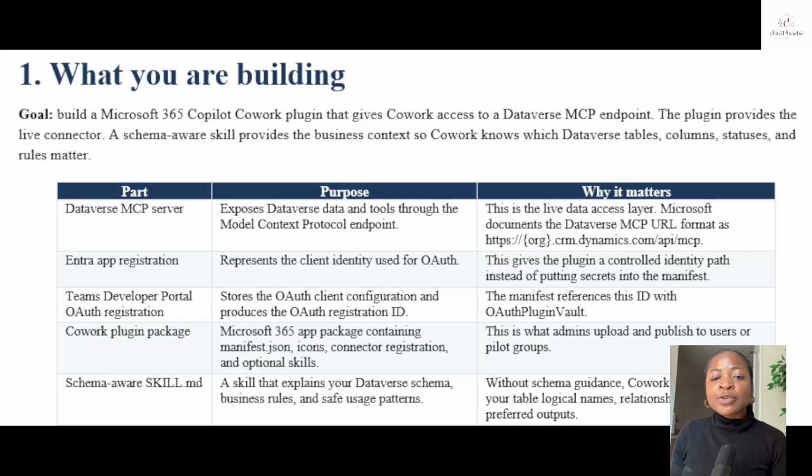Yes, so you need the Dataverse MCP server activated inside your environment. We are going to double check that. And then you need an Entra application registration. We are going to double check that as well. And also we need to store the OAuth client configuration and produce a registration ID for our Dataverse MCP server